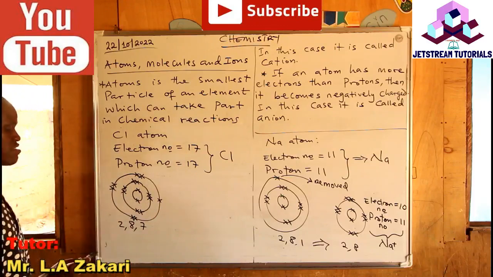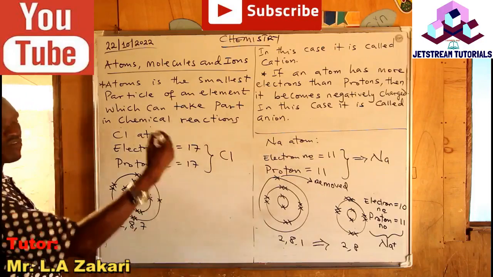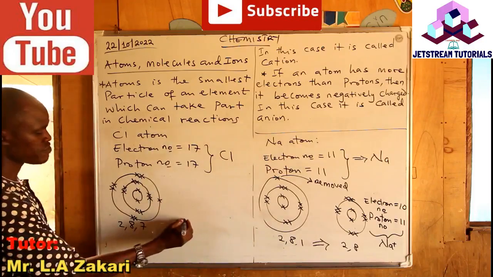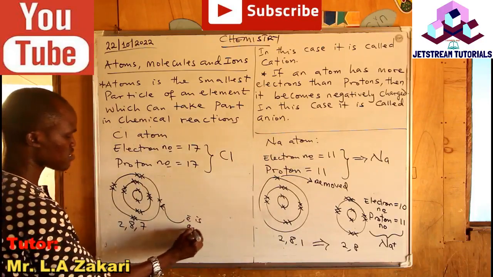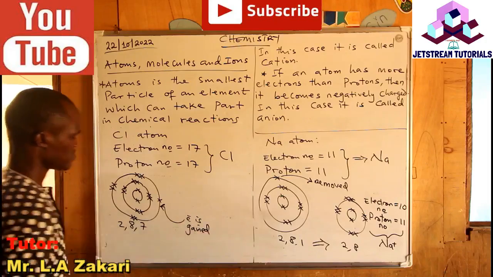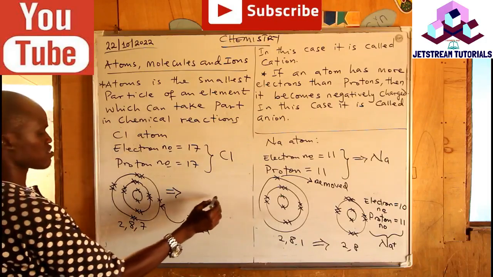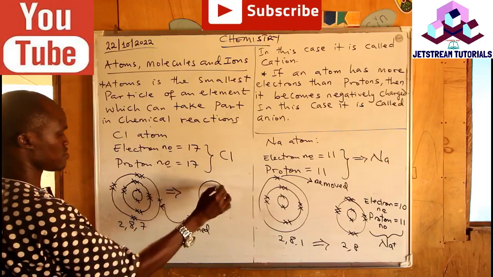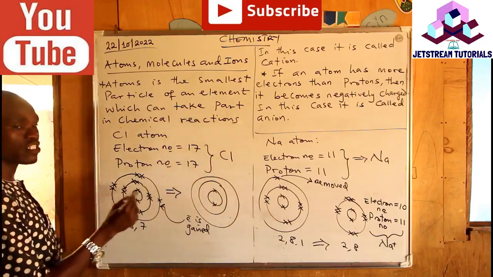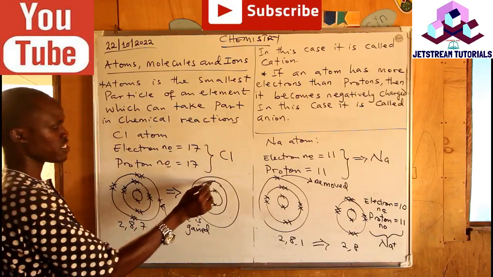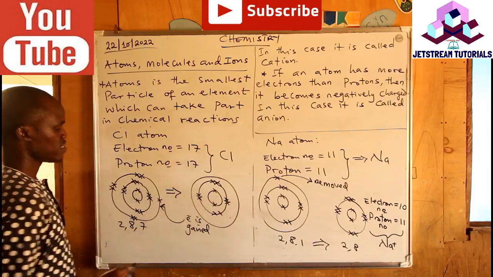So in this case, since chlorine is a non-metallic atom, it has a tendency of gaining an electron. Now, if an electron is gained here, what happens? This one will be transformed to something like this. You see, we have 3 shells. The number of electrons in the inner shell will be the same. The second shell here will also be the same. Are we clear? Then, this one